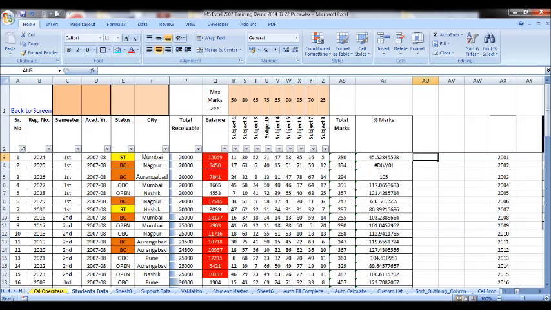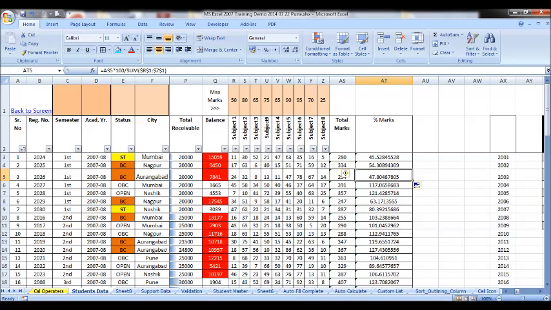Now check what happens while copying the formula. I am copying for 2 rows only, one and two cells only. If you go to this cell and check the denominator, it is still referring to row number 1, R1 to Z1. If you check row 85, cell 85, it will show you R1 to Z1. It means with the dollar mark you are freezing, locking this cell while copying it.